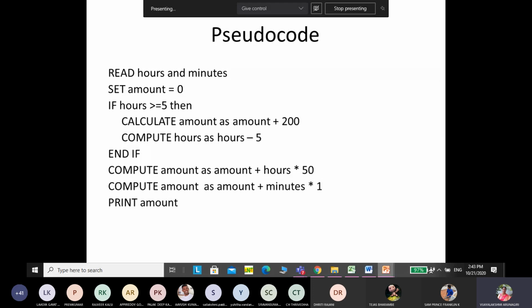So for the read statement, what do we have to use in Python? Input. Here hours and minutes both we are getting as integers. So what do we have to give? You can use any identifier, otherwise hours worked equals int of input, and minutes equals int of input. Oh sorry, I didn't explain the if condition to you, no? Wait. You cannot write the program.